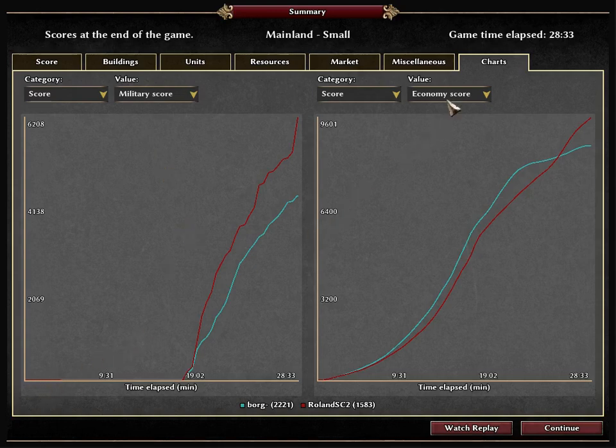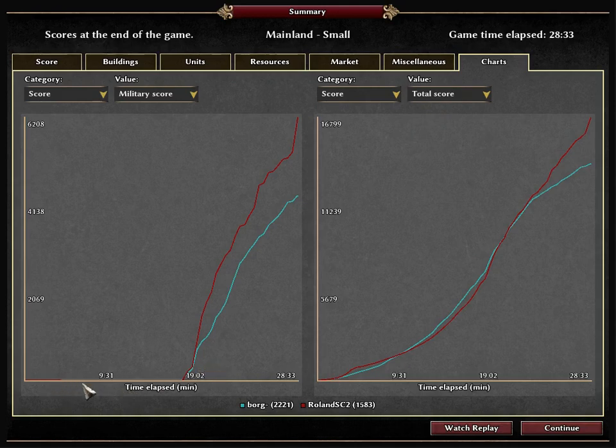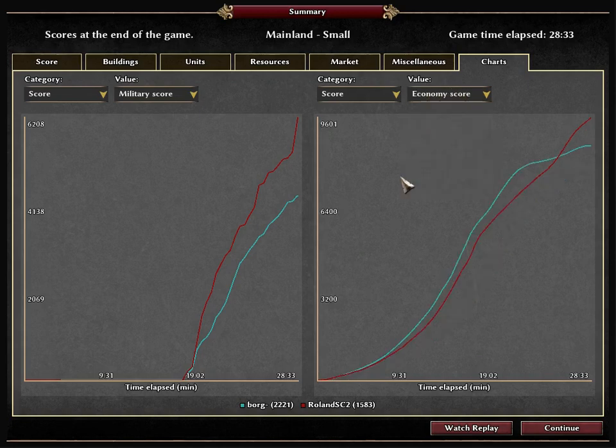Okay, so let's fix that. Okay, this is the economy score, right? Or the total score. Let's go for there. So this is the fight. They haven't actually fought until 19 minutes in. Okay, Borg was superior all the way, so with that superiority he began attacking, but by the time he actually